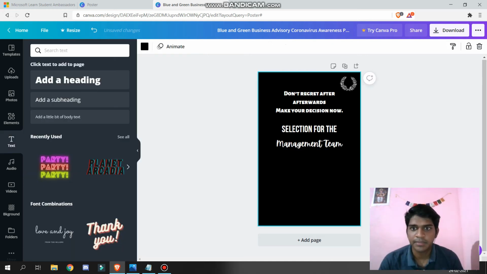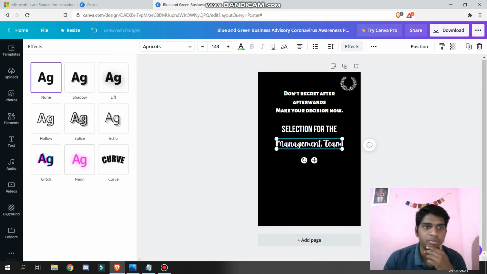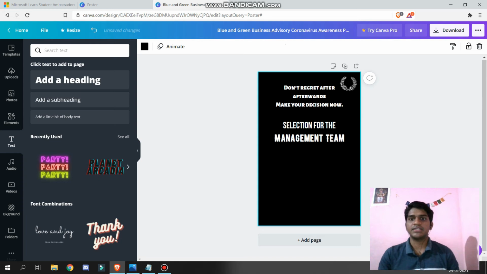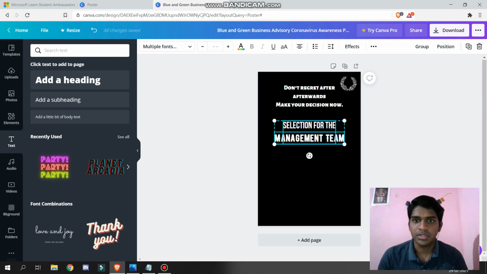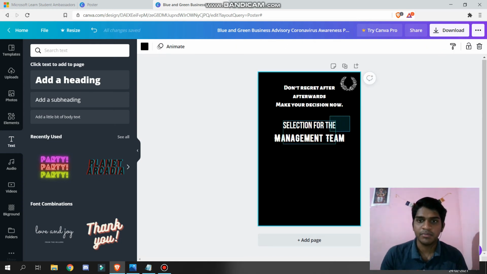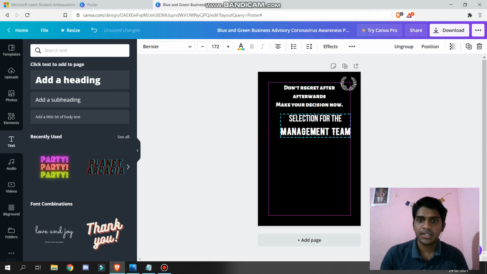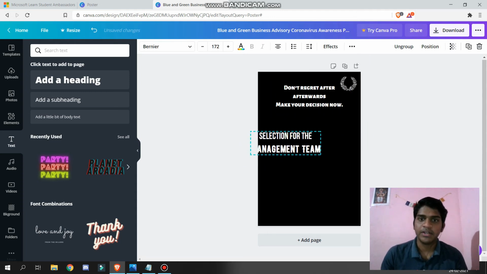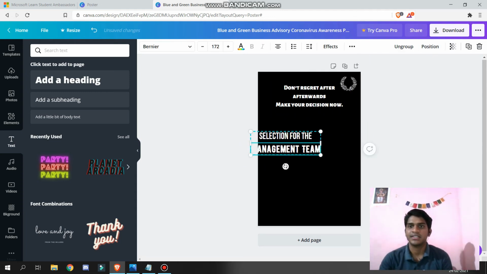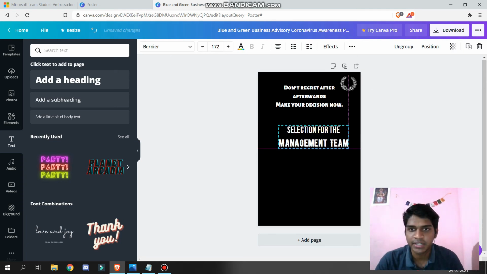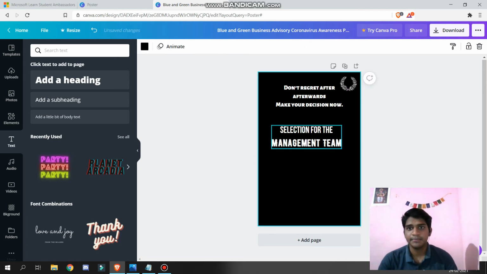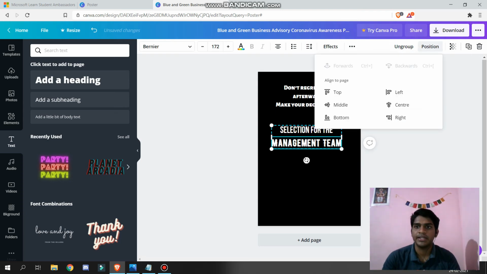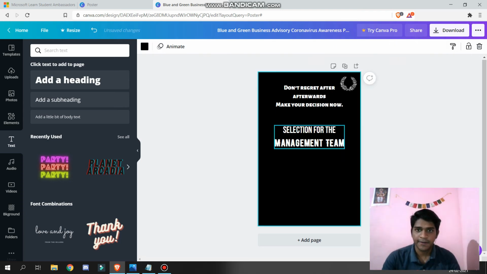And I will just simply keep it in the center and add an effect to it. So this is basically one part. I will simply select both of them and group them. Once you group them, if you try to move one text, both texts get moved together. So grouping the elements which are related and similar is better. I will just group it and place it in the center.